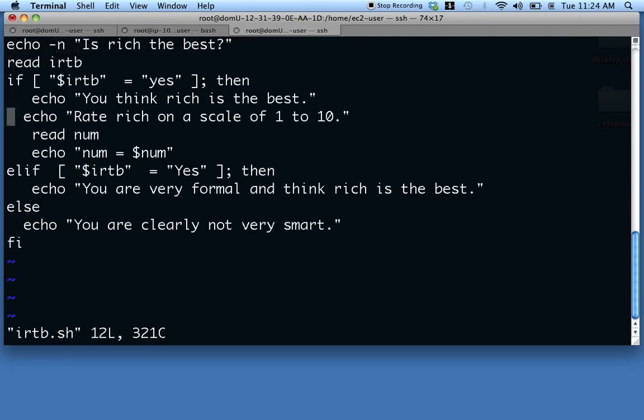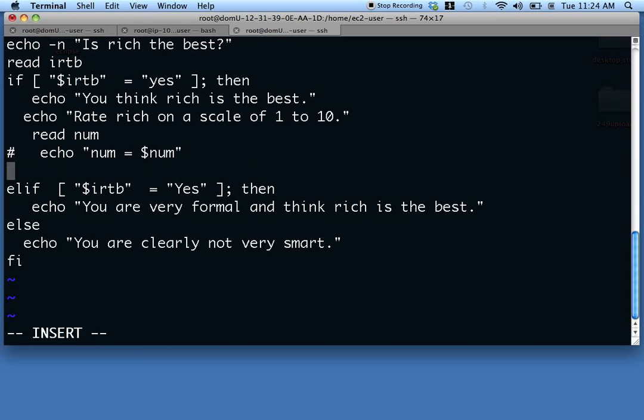We're going to modify our script to make sure the number is between 1 and 10. So we'll comment this out. Like I said before, once you put debugging in, you probably don't want to take it out until you're sure you don't need it. So notice how this if is starting over to the side because